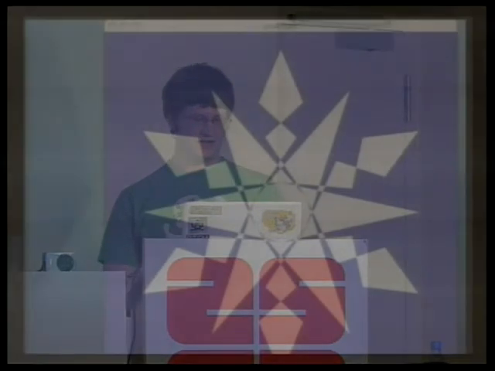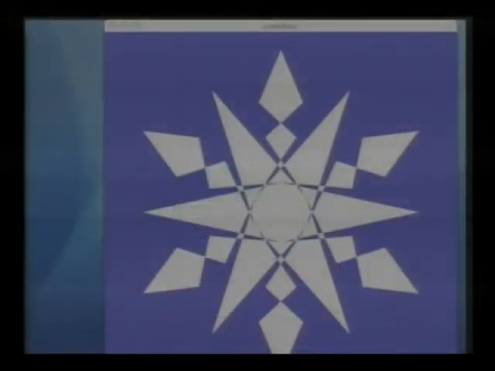I guess I can go on Thingiverse here. The other day we had this thing called the Laser Battle 2008. Basically we set up these rules for this contest. You had to use 12 inches by 12 inches, 308 millimeters by 308 millimeters, of whatever material you want and laser cut something out of it.